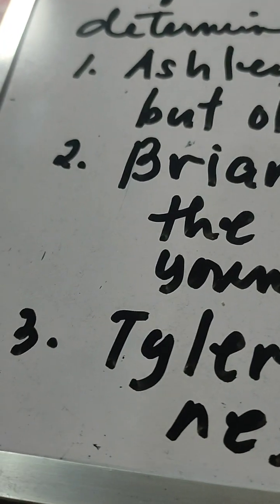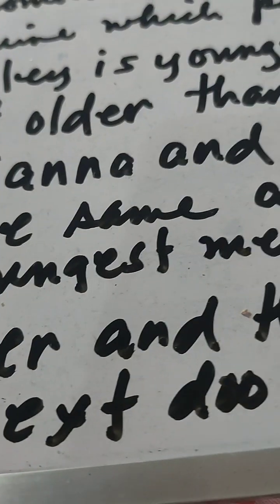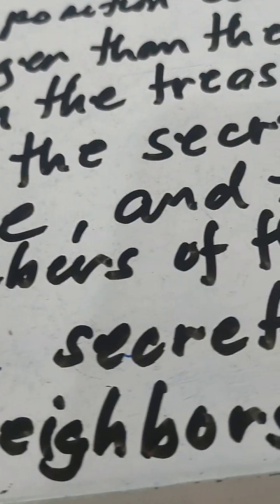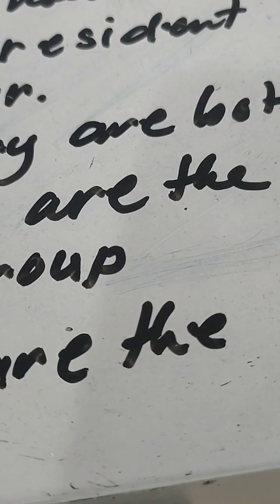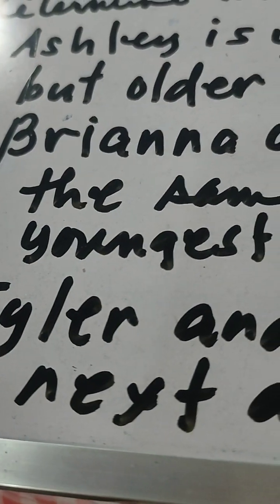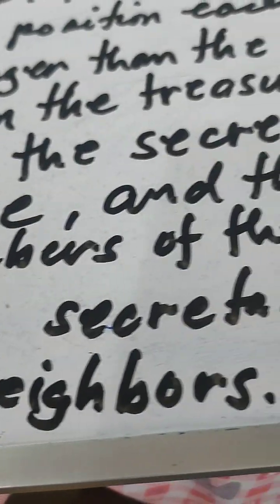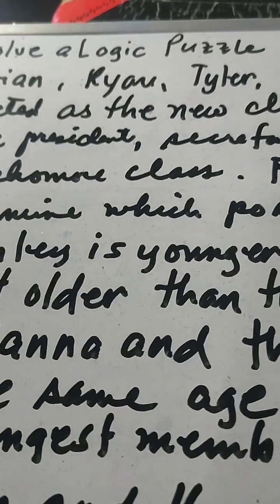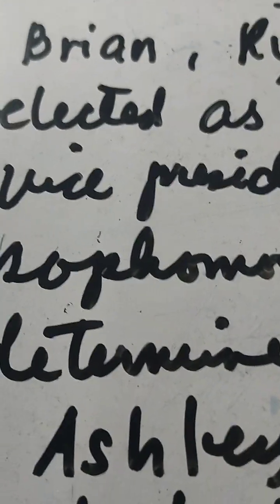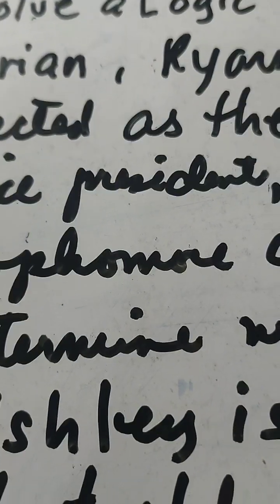The third one is Tyler and the secretary. So Tyler is not the secretary; they are next door neighbors. So that's it. All you have to do is take down the problem. Then after that, you'll be able to